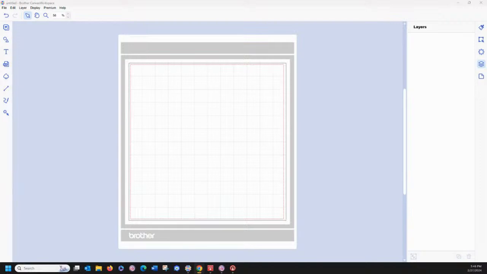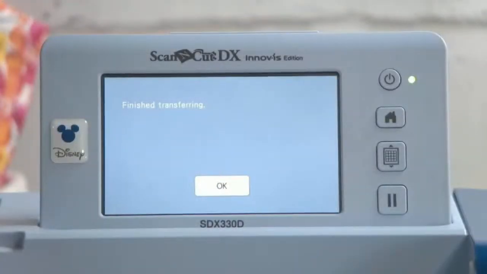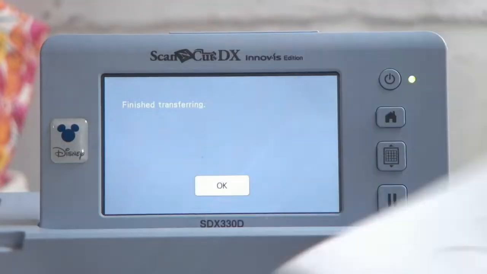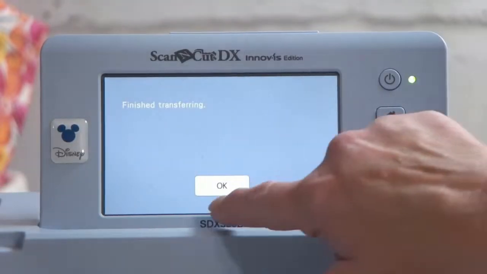Go back over to that camera. Let's try a different image. See if it likes the bunny. Well, let's just do one we know will work.